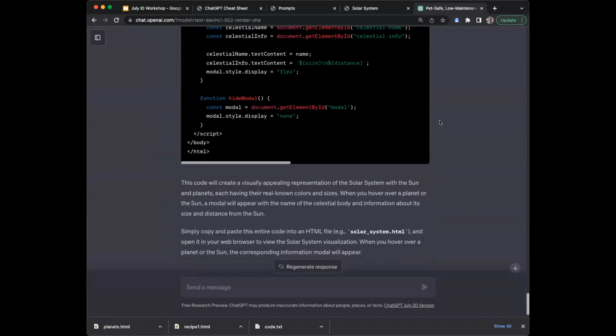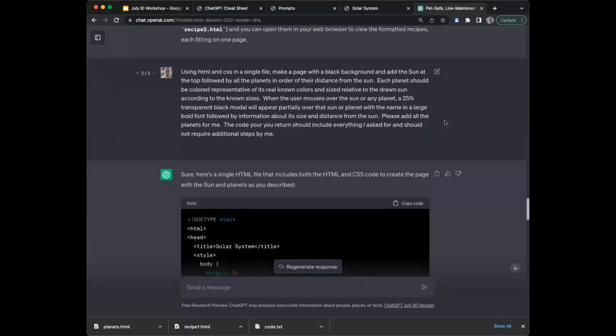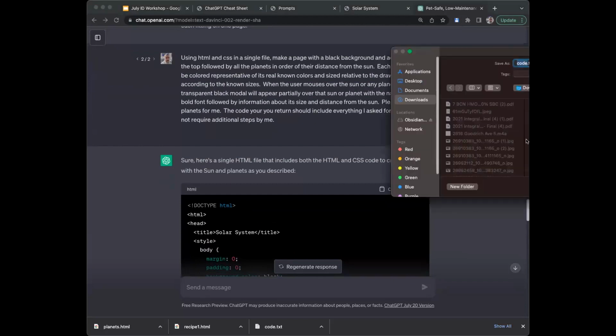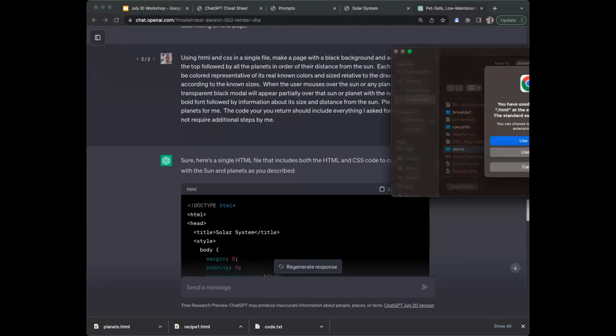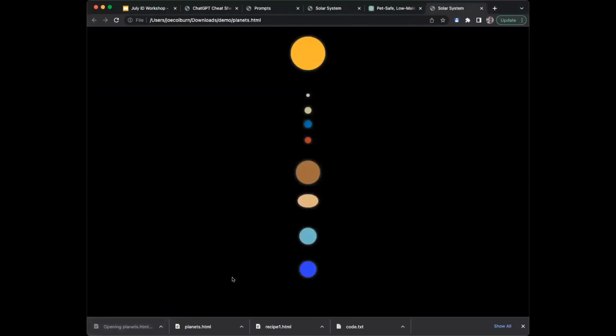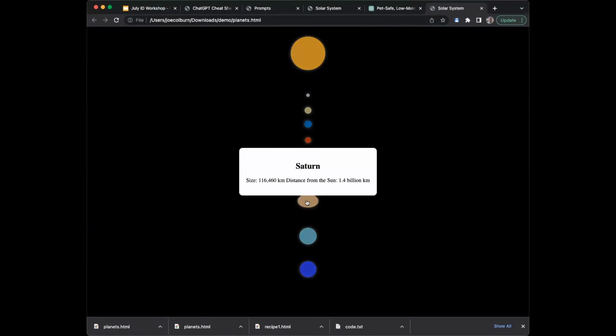I'm going to save this and see what it looks like. There we go. So let's save this. Anyway, we call this planets.html. Yes, I want to replace it. Okay, so now I've got a new planets HTML. I'm going to open it up. It's a little different. Saturn is